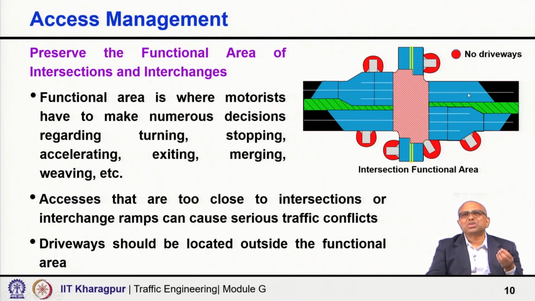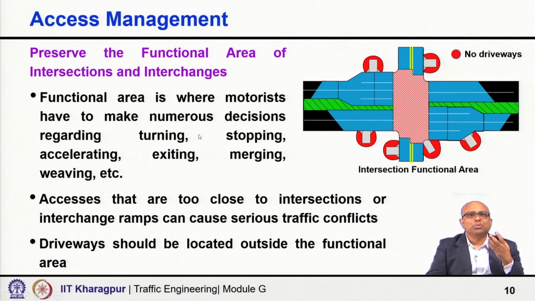So, the blue portion and the red portion in between, all together, is the functional area. Why are we saying the blue portion? A vehicle which is trying to take a right turn will start taking a decision even at this point. So, the perception, reaction, deceleration, everything starts, taking the vehicle to the storage lane. So, as long as the vehicle is within this blue shaded area, and obviously the red will come in between,